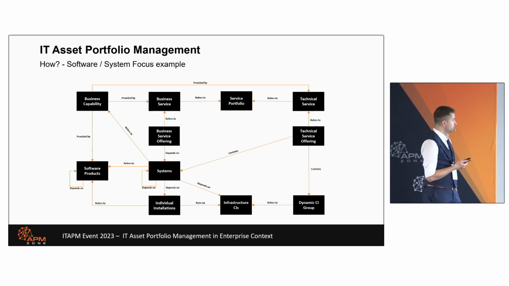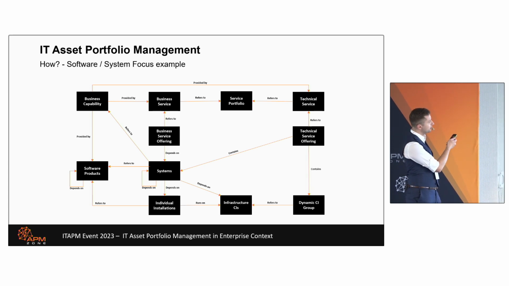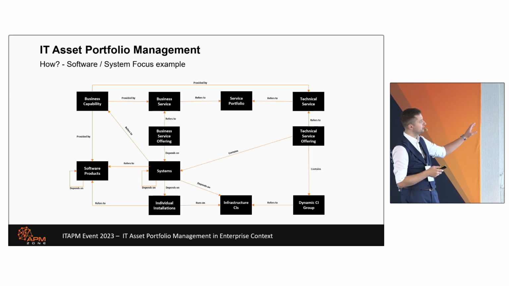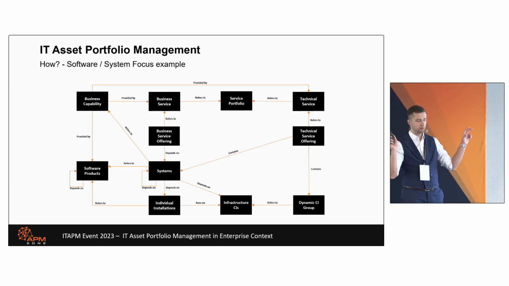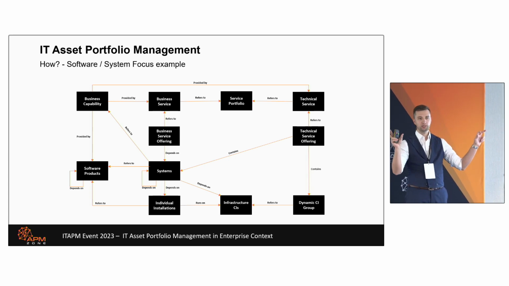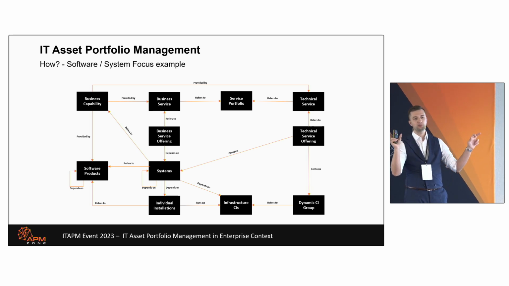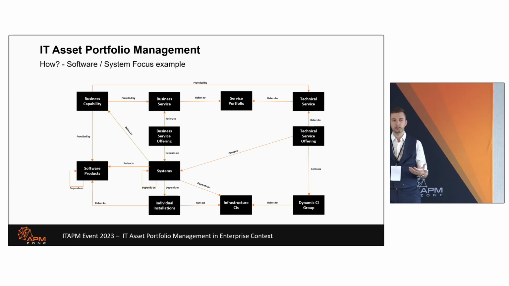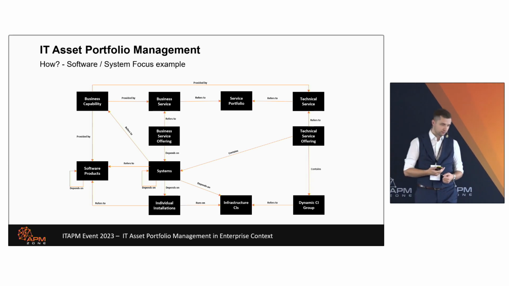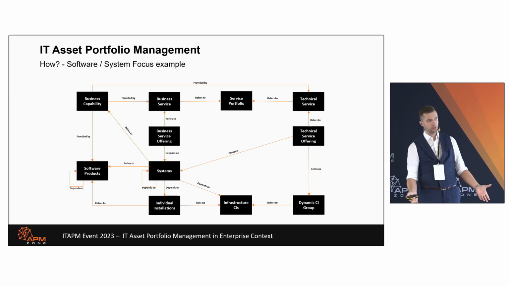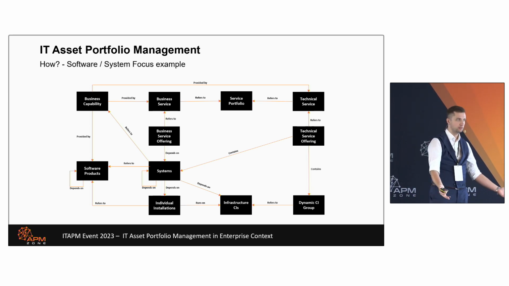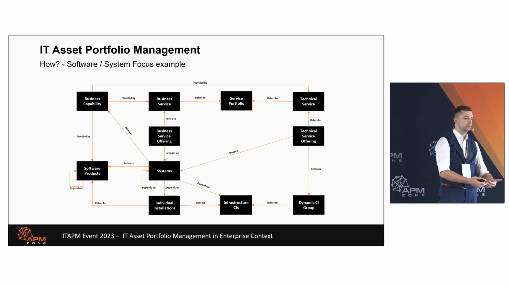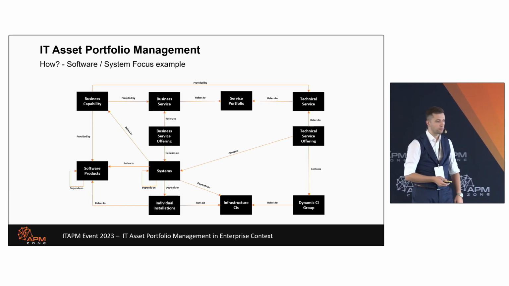So, what do we do then? You can see that the business services and technical services are referring to the service portfolio. But as you can see, there is no "provided by". There is no strict relation. This is actually the separation between the business capability world and the IT world. And the service portfolios help the IT world decide on their organization, how to shape it. Because if you want to, I don't know, develop new technologies, probably you will be building a different department, which is offering a different set of services. And you are not operating on every offering, every service.